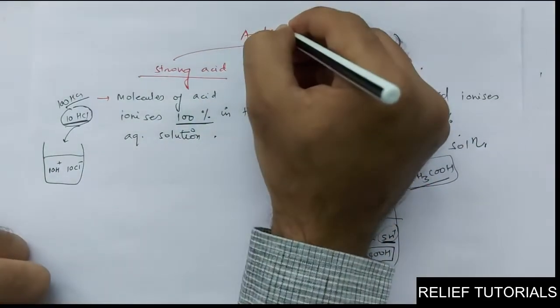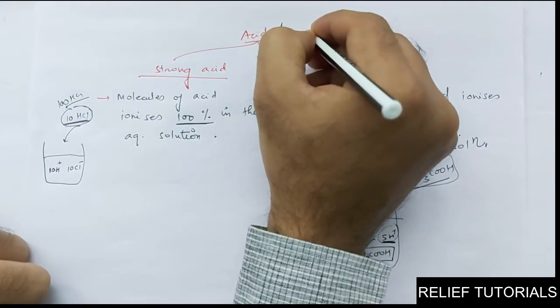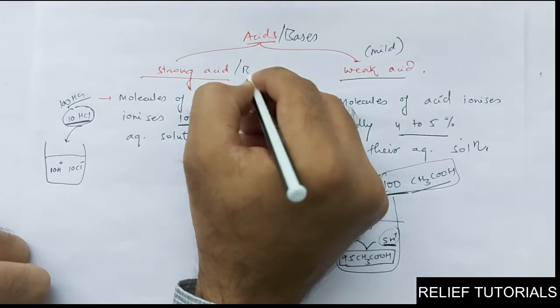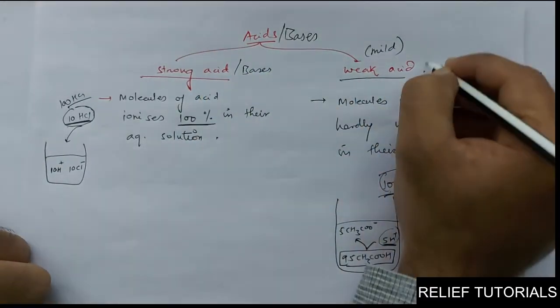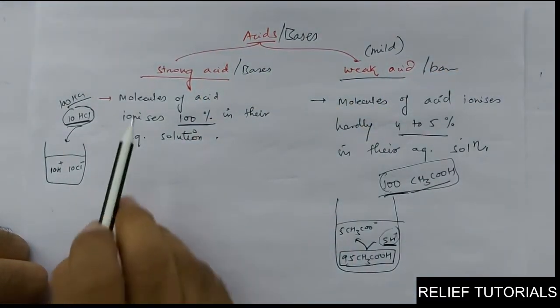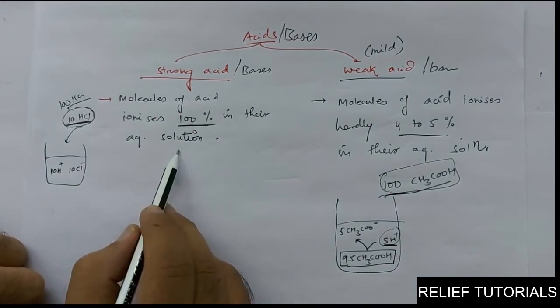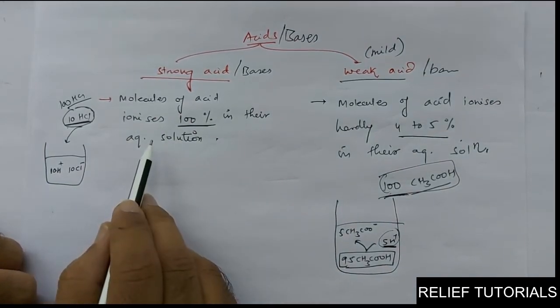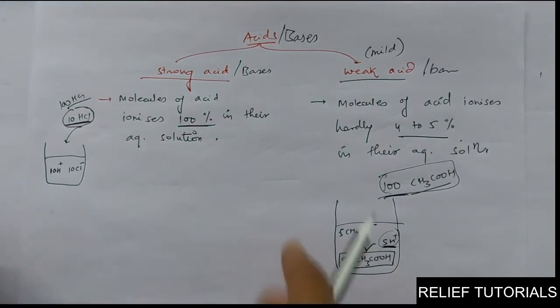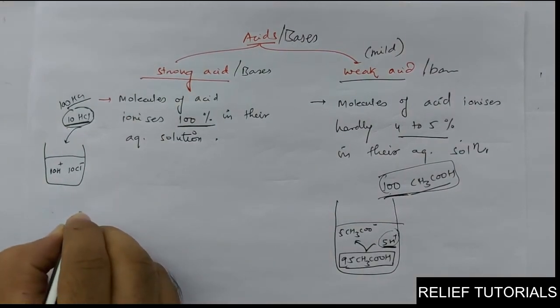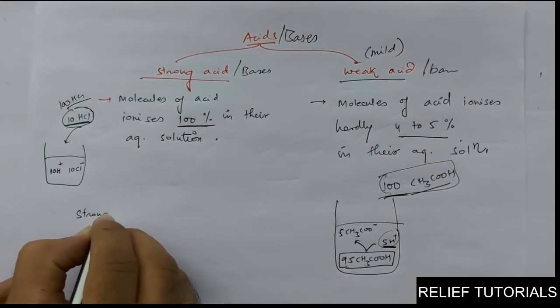Same logic we can use for the bases also. We have two types of bases, strong bases and weak bases. If molecules of base ionize 100% in their aqueous solution, then such bases are strong bases. And if the molecules of base are not ionizing 100% in their aqueous solution, then such bases are called weak bases. We have a list of strong acids,